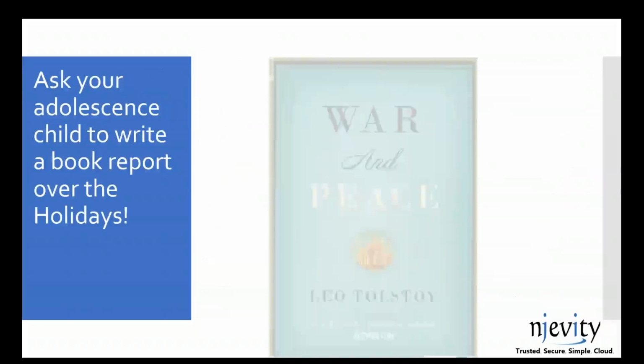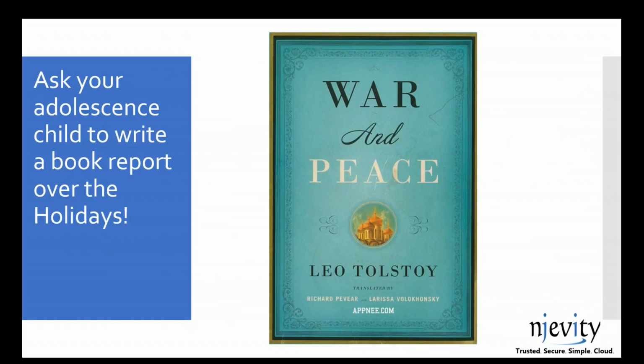And not really understanding them is kind of like asking your child over this upcoming holiday, your adolescent child, the ones that are at the age where they roll their eyes, to write a book report on War and Peace over the holidays. The bulk of them aren't going to do it. Just like if you didn't really understand your chart of accounts, nobody's ever going to make any changes to any way to consume financial data. They're just not. They're going to just throw that old statement out there to everybody and say, figure it out on your own. And the ones that do, they're going to do a really poor job, because it's too hard for them. It's out of their depth. It's out of their area of expertise.